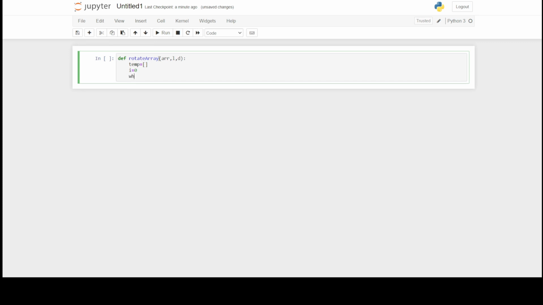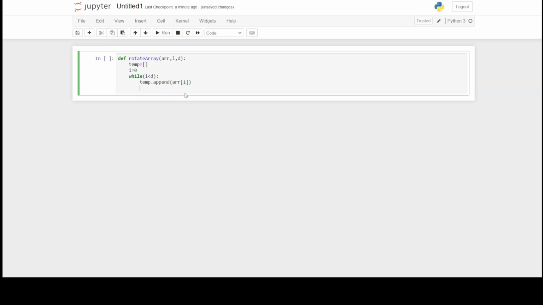So write while loop I is less than d, temp dot append array of I. So what this will do, this will copy all the elements from 0 to d in the array ARR to temporary array TEMP. For this, we will need to increment I by 1 in every step.